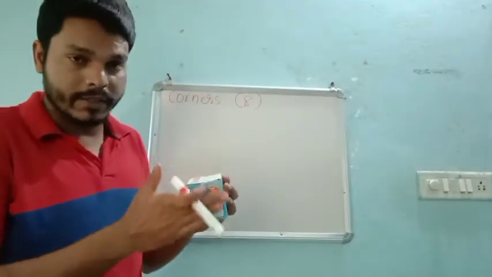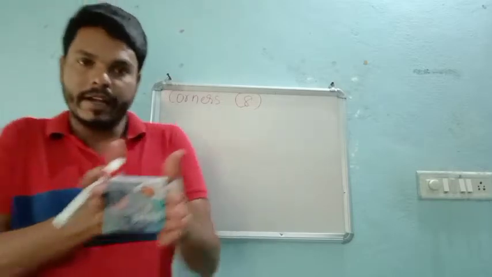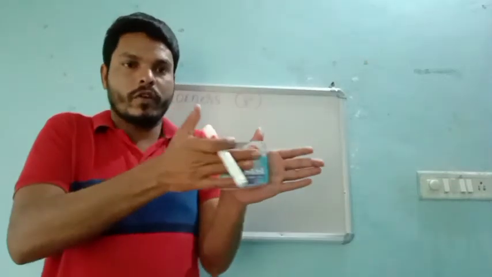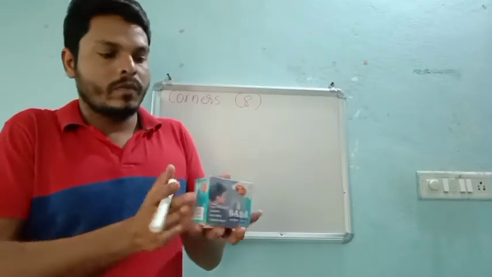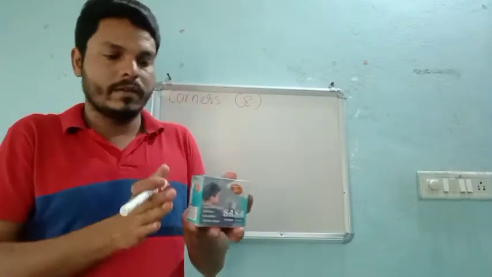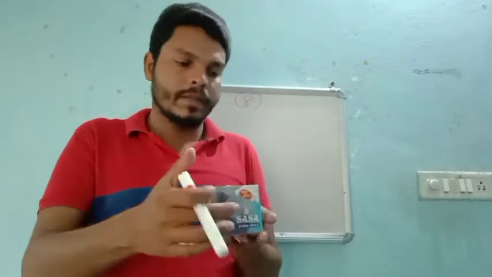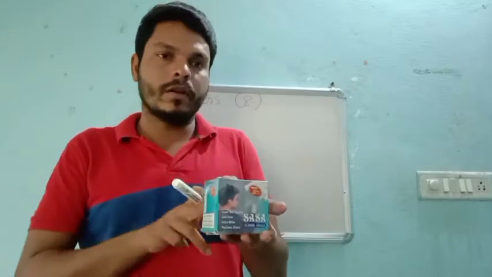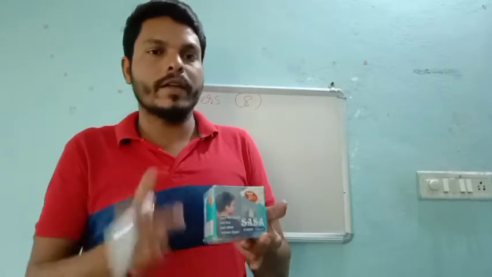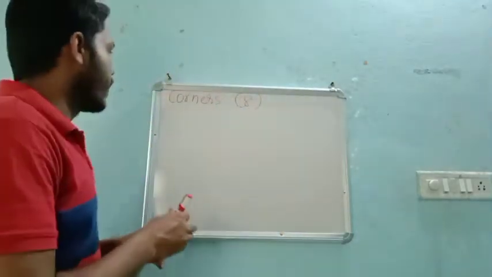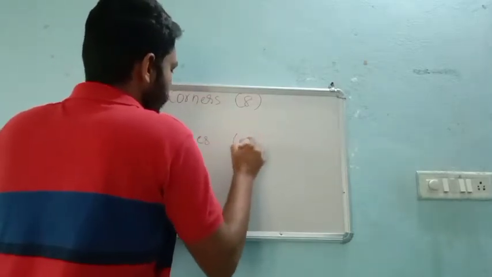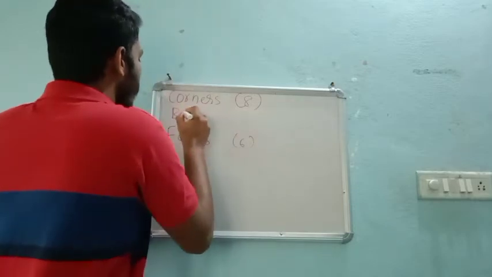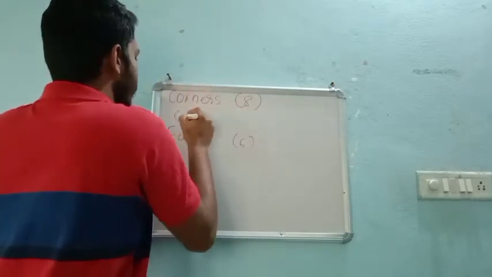Now what about faces? Faces are nothing but these. These are the faces: 1 and 2, 3 and 4, I mean front and back, and then up and down. Opposite faces you can count: 1, 2, now 3, 4, up and down, 5 and 6. So there are always 6 faces. And what about the center? Directly you can say, the center.